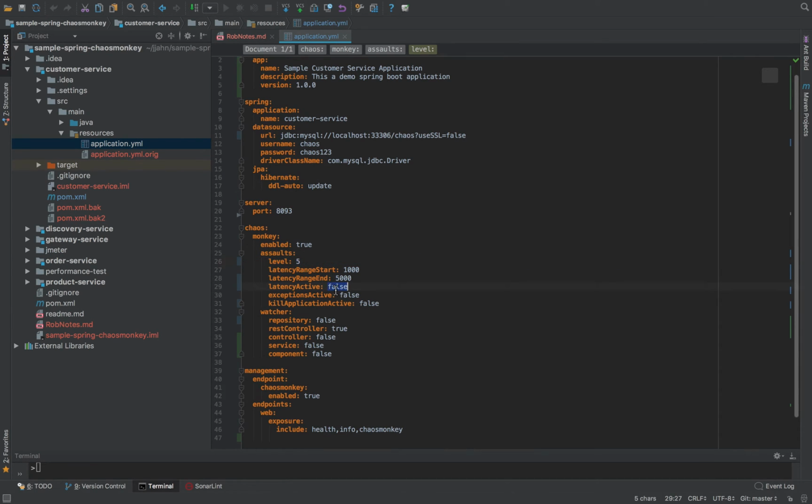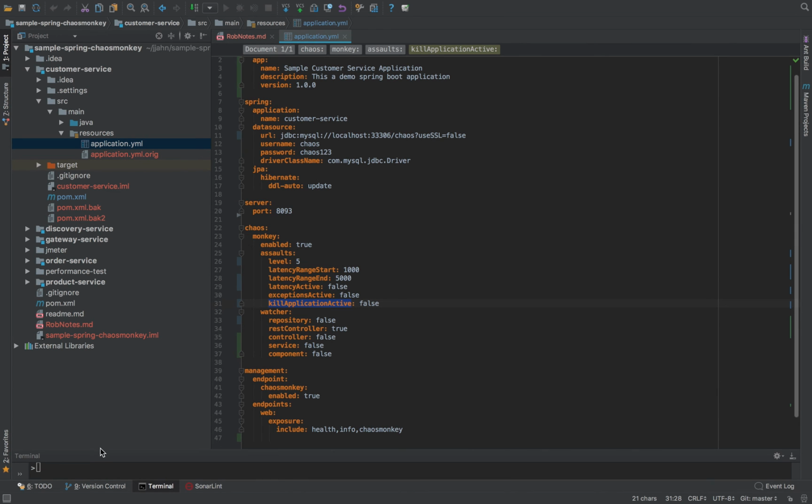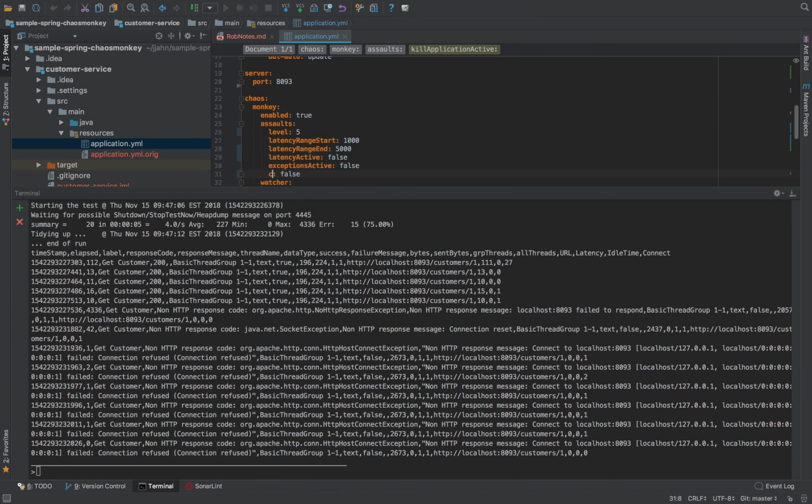So in this case, I currently have latency active, exceptions active, and kill application active false, just as the baseline. So the way I've got this set up is just a really simple JMeter script. And what we'll do here is